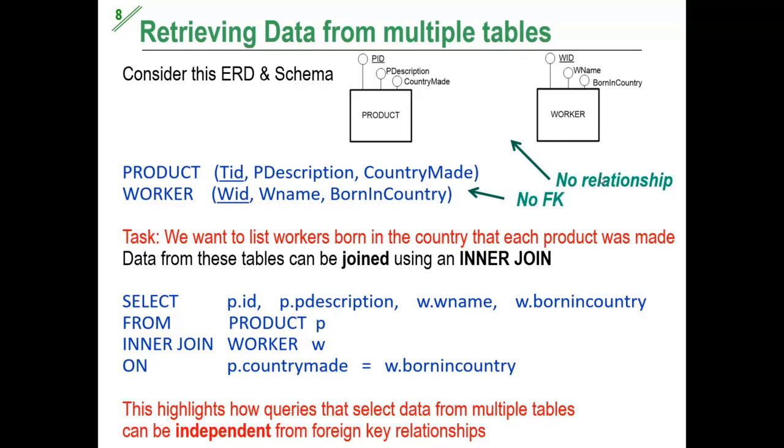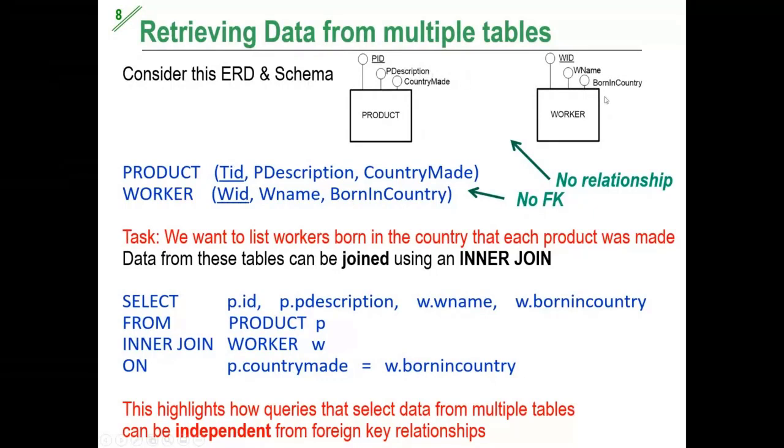Management needs a report. They want to find out the products and the people who were born in the products' manufactured countries. For some weird reason the management needs that information. So how can we connect these two? Because they come from two different tables, there's no relationship between them, no foreign keys, etc. So the only way we can do it, if you go through these two tables, you can see